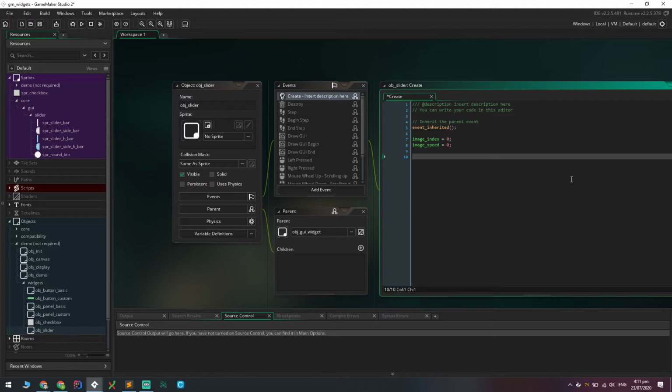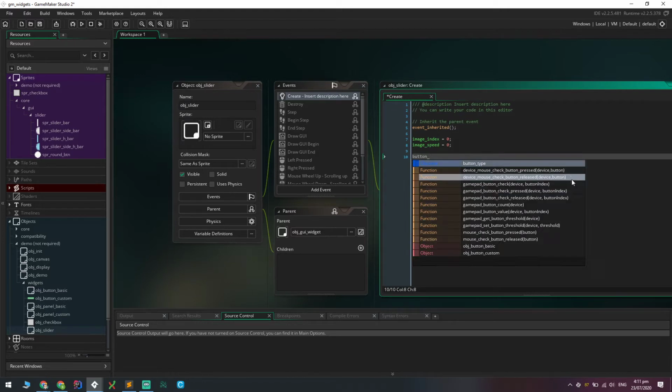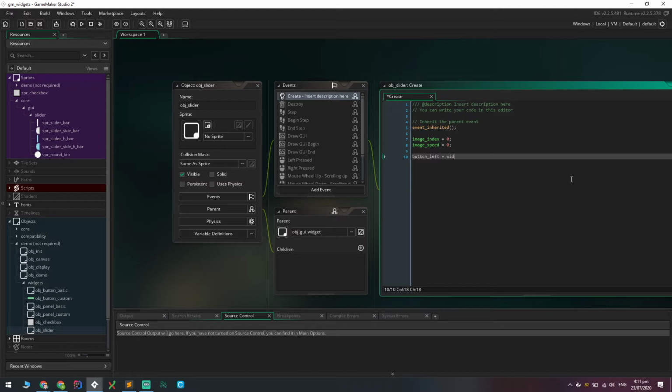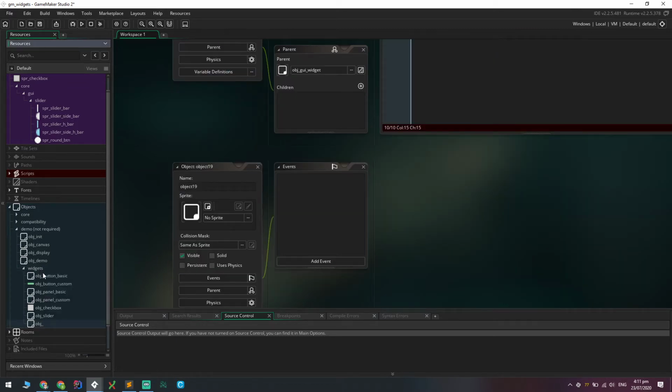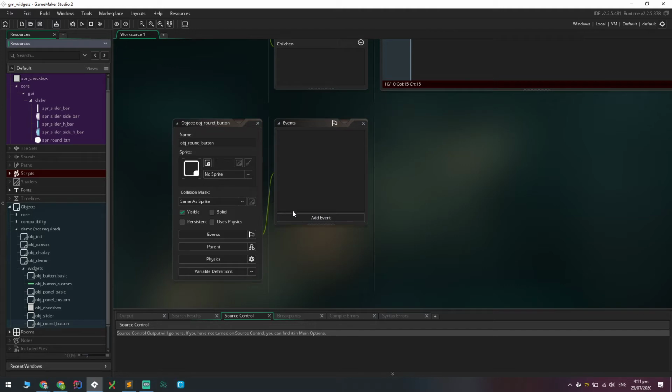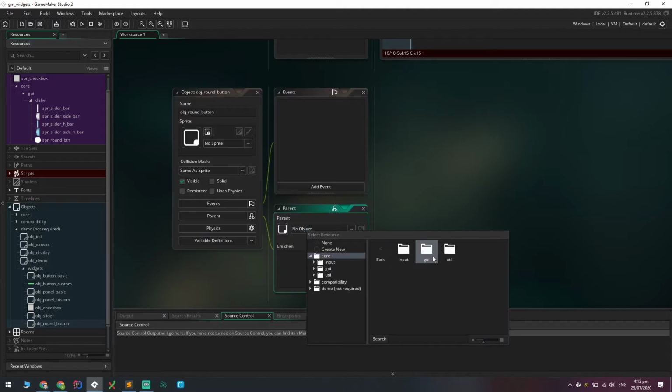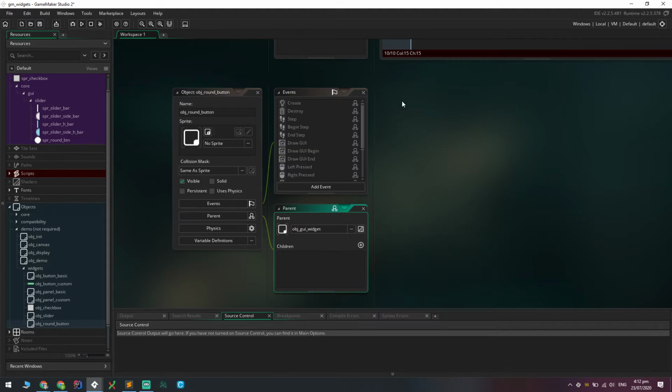Okay, so if we think about what we're going to be needing in our slider, basically the only real thing we're going to need is a button. So we need the button that we're going to be pressing to drag along a bar. So let's go ahead and create a button left. Actually, before we do this, we're going to have to create the button object as well. So let's do that real quick. We're just going to call this obj round button. Simple as that. So this button will also be an obj GUI widget,